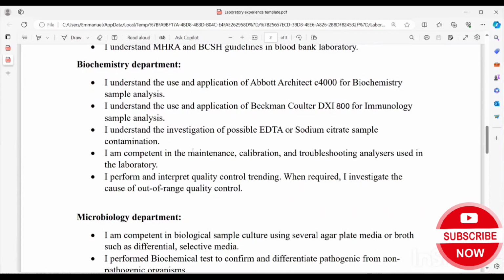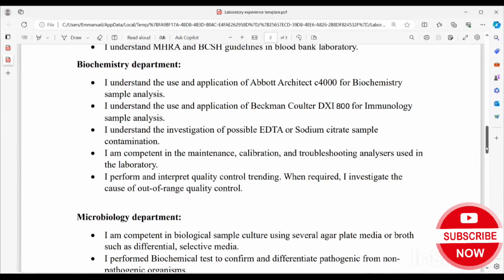Okay, which obviously I also have on my video in terms of how to validate high potassium, because I didn't highlight the possibility of this EDTA affecting the potassium result, or sodium citrate affecting the sodium level. So you can mention this and still elaborate on what you actually mean by this information I've said here. I'm competent in the maintenance, calibration and troubleshooting of analyzers. You can mention some of that and even give examples, okay.